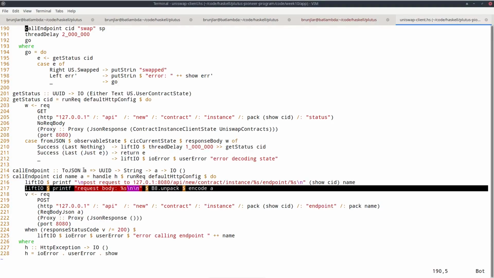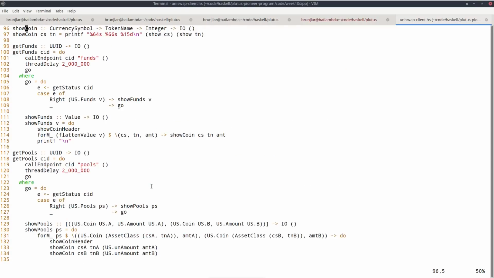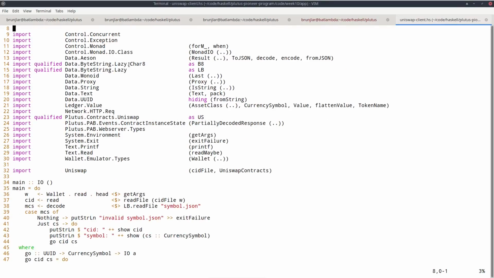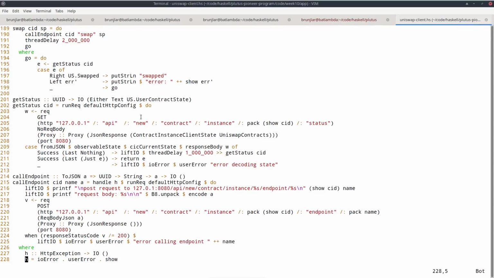So I get the A, that's just a Haskell value that can be encoded to JSON. And in this line where I log, I just use encode from the Aeson library. So this is now a byte string, and in order to write that to the console, I need a string. So I use something from the bytestring library, called Data.ByteString.Lazy.Char8, for Char8 encoding. And so I unpack this byte string to a string and then I log it.